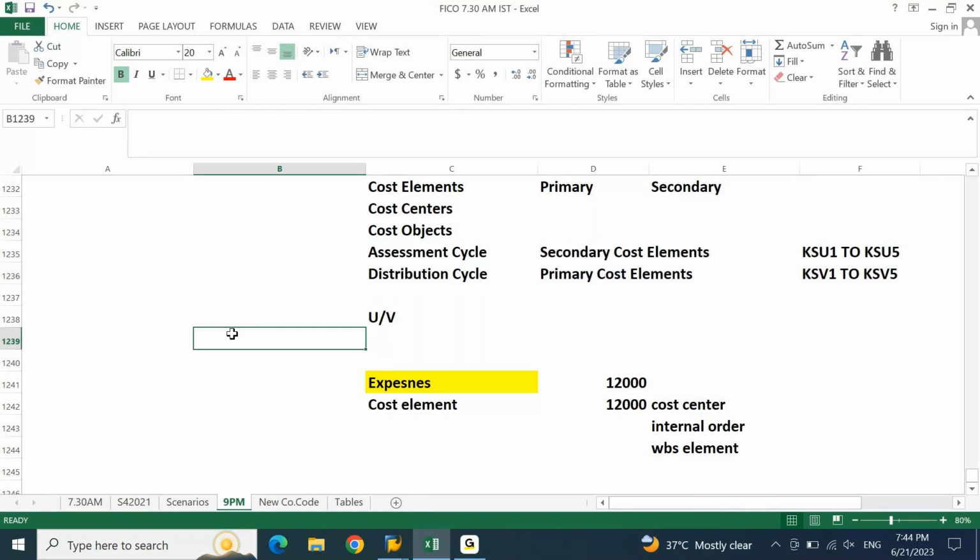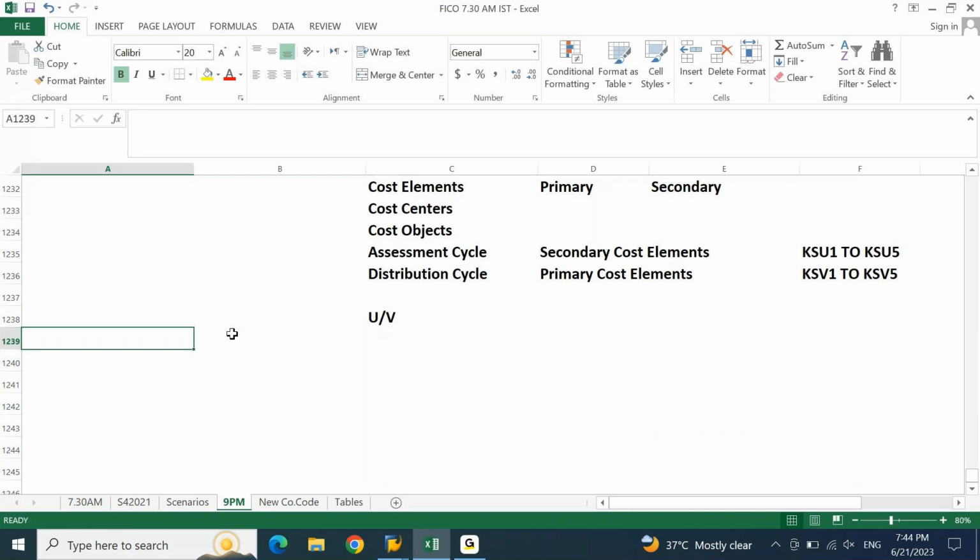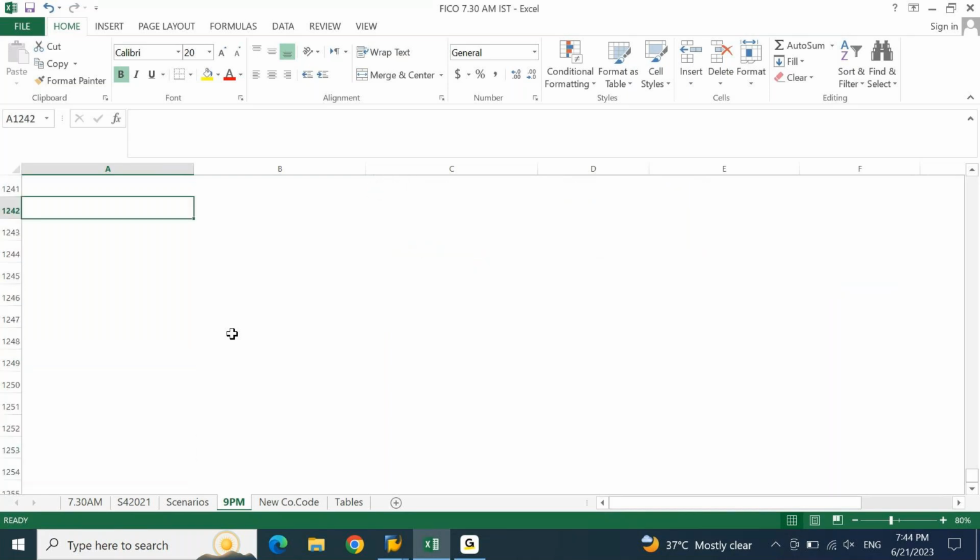Now let me put one example here. I'll put it with the assessment cycle, what is going to happen. I'll put it with the distribution cycle, what is going to happen. Then we will practically get one understanding, one idea. Based on that, we will define the assessment cycle and the distribution cycle in SAP. We will verify the result. Okay, I will put, for example,